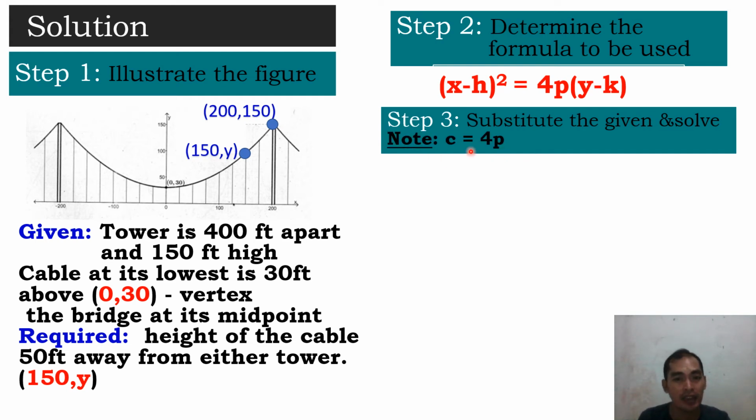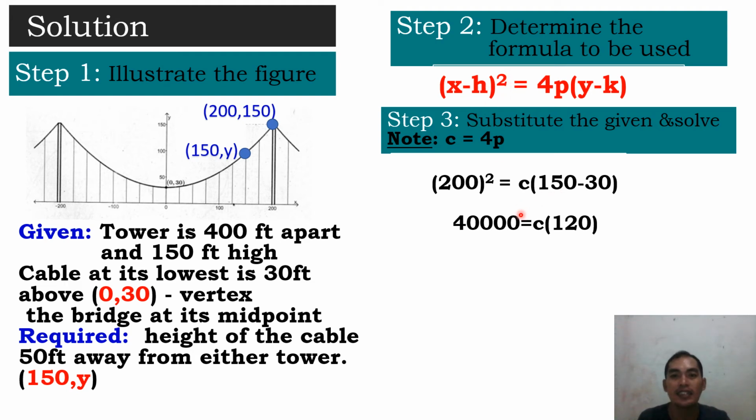But take note here that c is equal to 4p, because hindi siya given yung p. So, what we do is, we have 200 squared. Bakit wala? Because ang value ng h ay 0. So, 200 minus 0 is 200. When you square it, that is